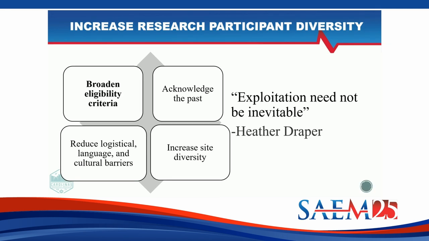First is just broaden eligibility criteria. When it comes to exclusion criteria, we really have this very paternalistic view. We want to protect individuals, so therefore we're excluding them. That doesn't make sense to me. We exclude individuals whose preferred language is not English. We exclude individuals who are in prison. We exclude individuals who weren't born in the US. We exclude pregnant women. But are we actually doing them more harm by having these exclusion criteria?